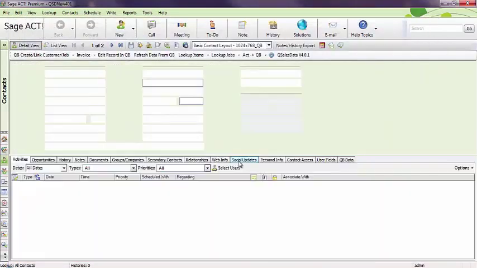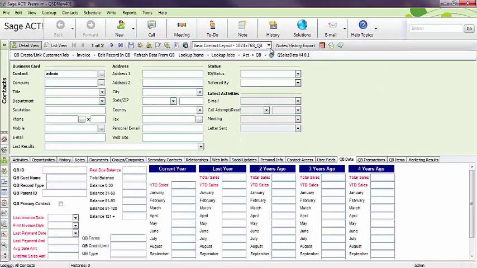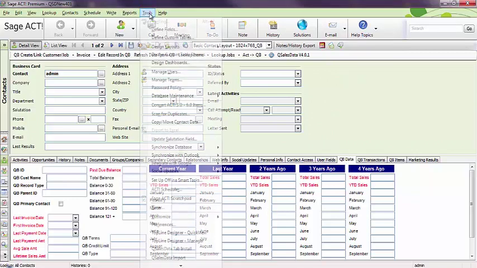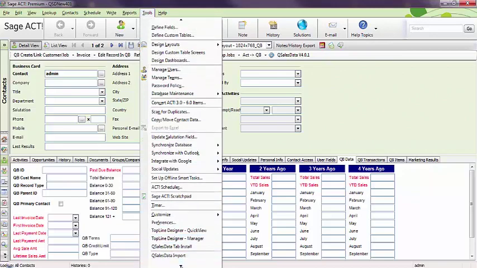Now what that has done is, number one, it's added another layout to my layout selector. So for everyone in your ACT system that you want to see that QB Data tab, you need them to switch to this basic contact layout with the QB at the end of it, and that makes this QB Data tab appear here. It was not there before, but now it is. So now we can go on to the next step of the install wizard,